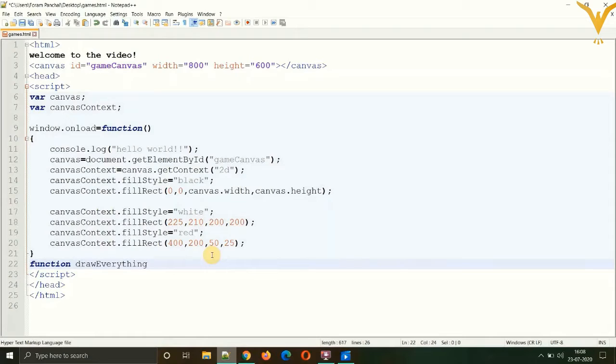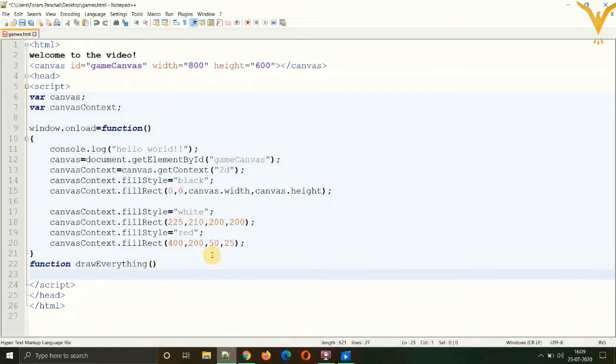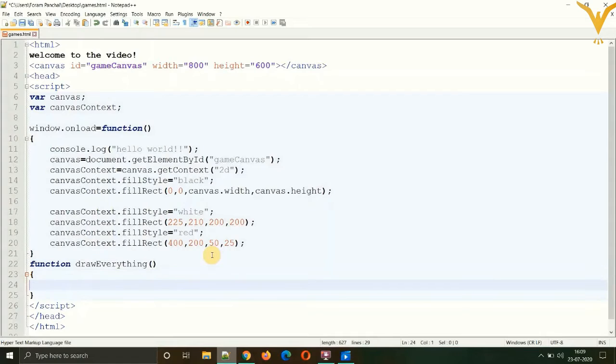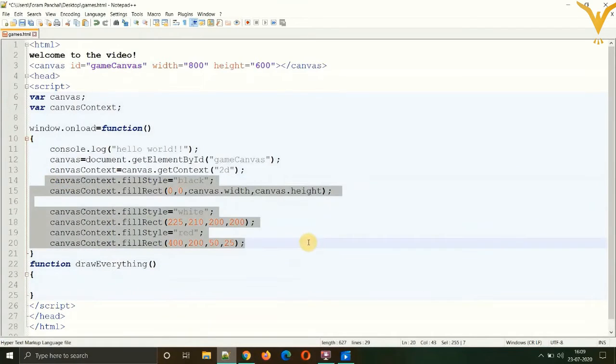The E is in caps lock. This is a traditional way of naming functions because we can't give spaces in between. So function drawEverything and parentheses. Now let's start the function with a curly brace and end the function with another curly brace. Now inside this, let's paste all of these lines which are drawing rectangles.